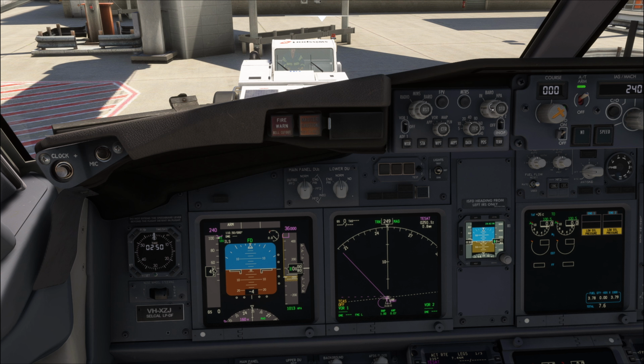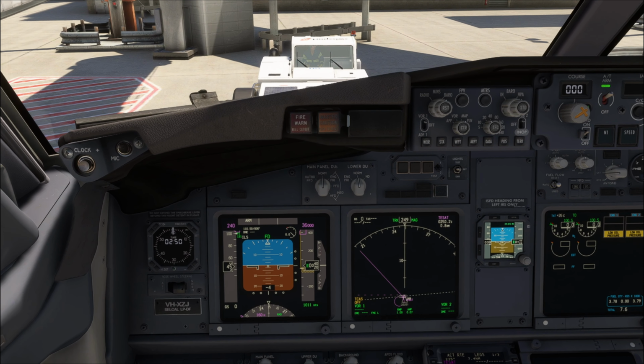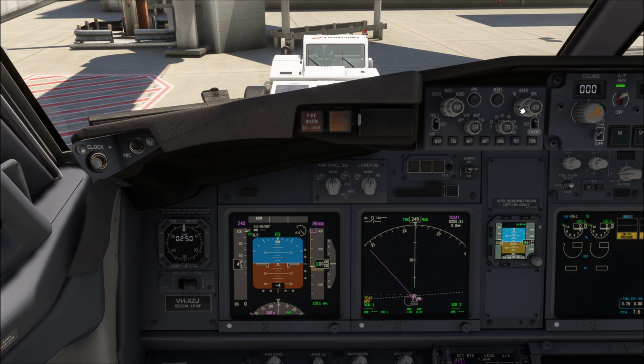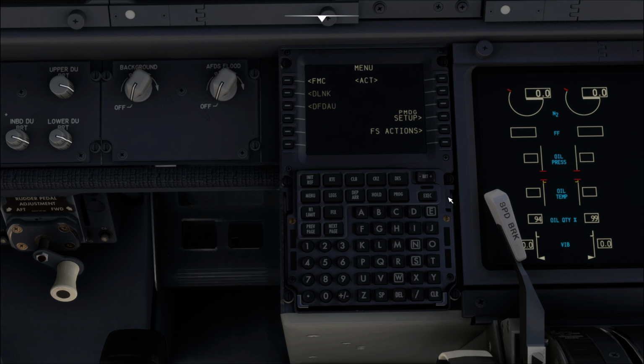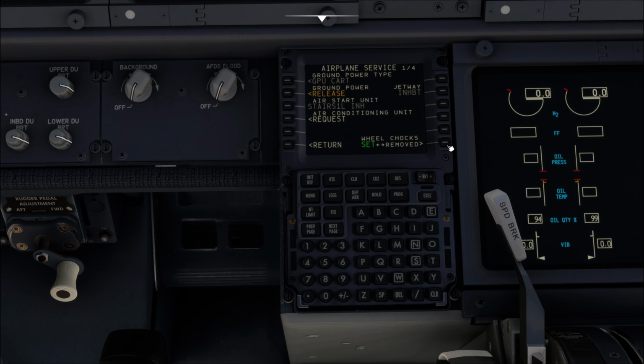So essentially, if we then get up here to this knob again and scroll down to 1011, and if you were to then click the outer button again to change it back to inches, 29.85 inches is the same as 1011 hectopascals. We're pretty much ready to get pushback clearance from air traffic control, or if you're like me and you're just playing on your own and you don't have to worry about air traffic, you're pretty much ready to do it yourself. So to do so, you want to go menu, FS actions, ground services, and then remove